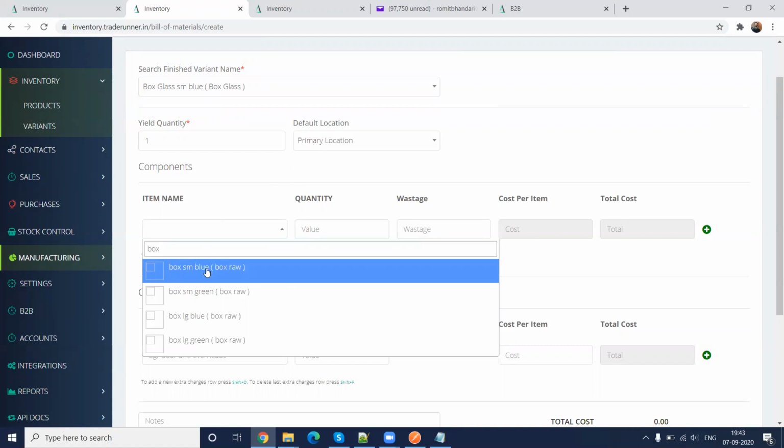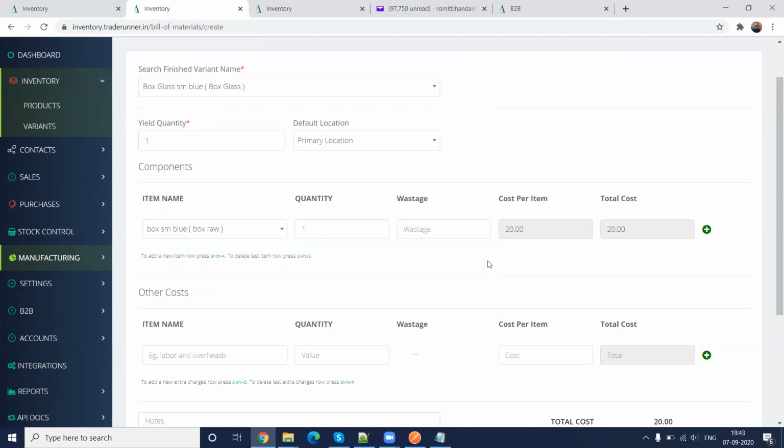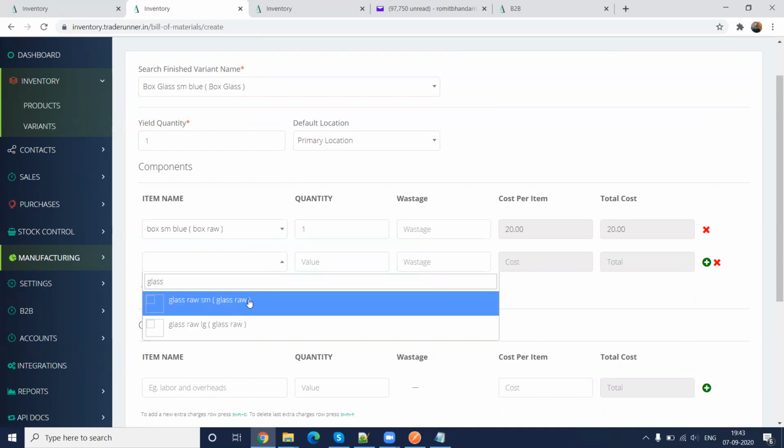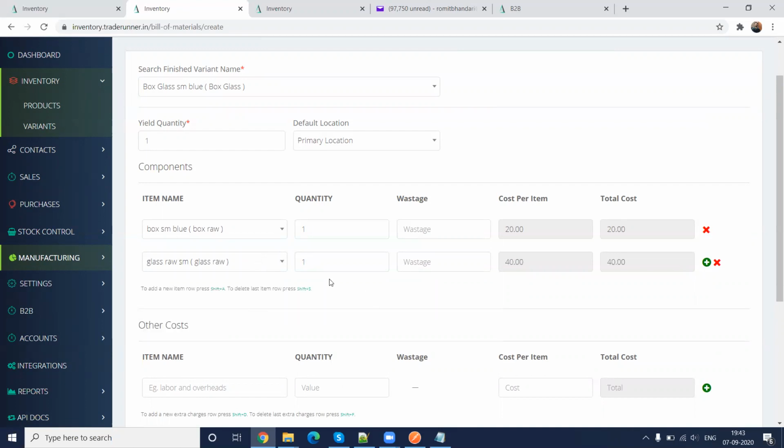So let's say this box raw, I select the blue one. Since we're trying to make small blue box glass, I have selected the raw material box raw small blue. Similarly, I'll select another component, let's say glass raw small. Now we can assume that this is made up of, let's say, 1.3 units of glass raw and maybe 0.8 units of small blue raw box, just for understanding purposes.